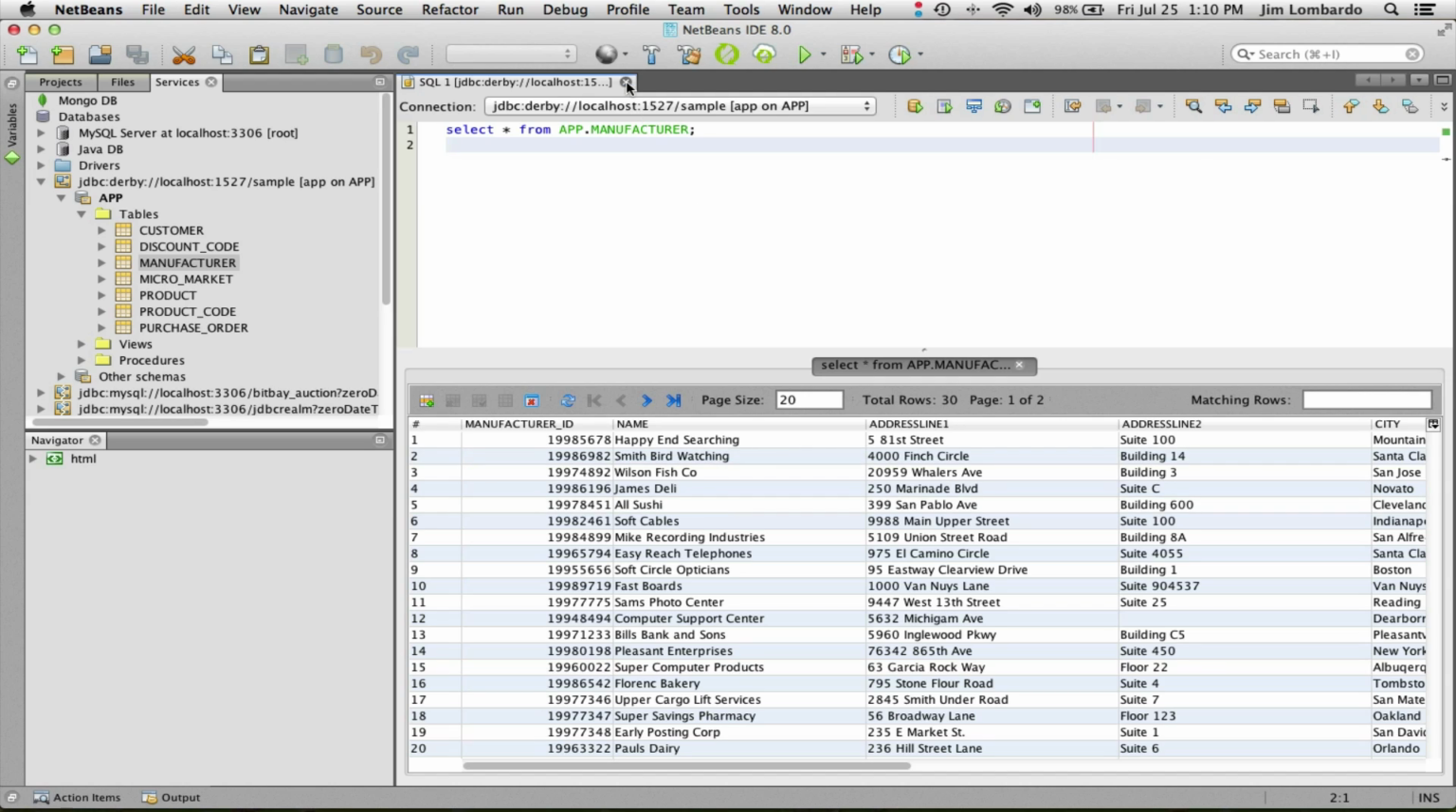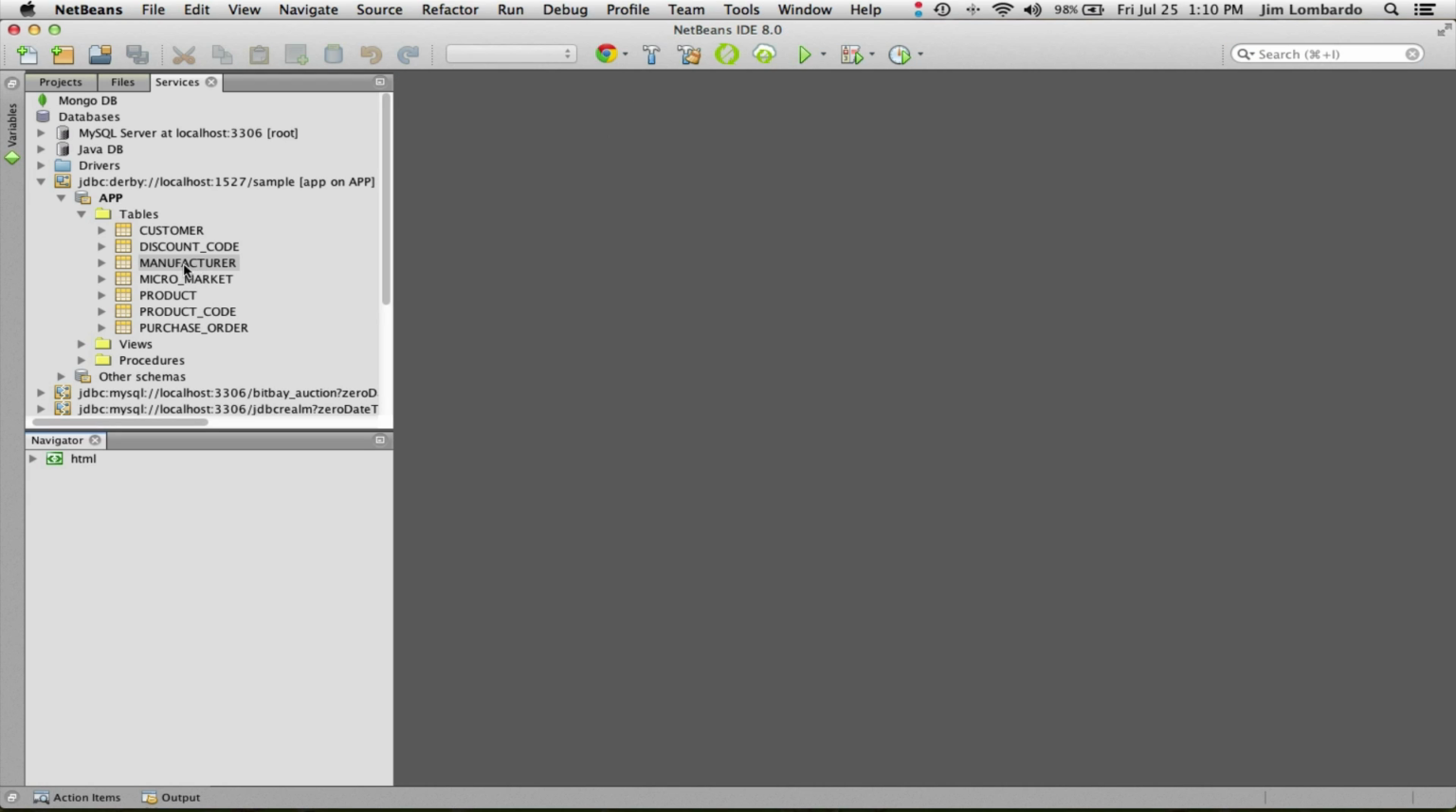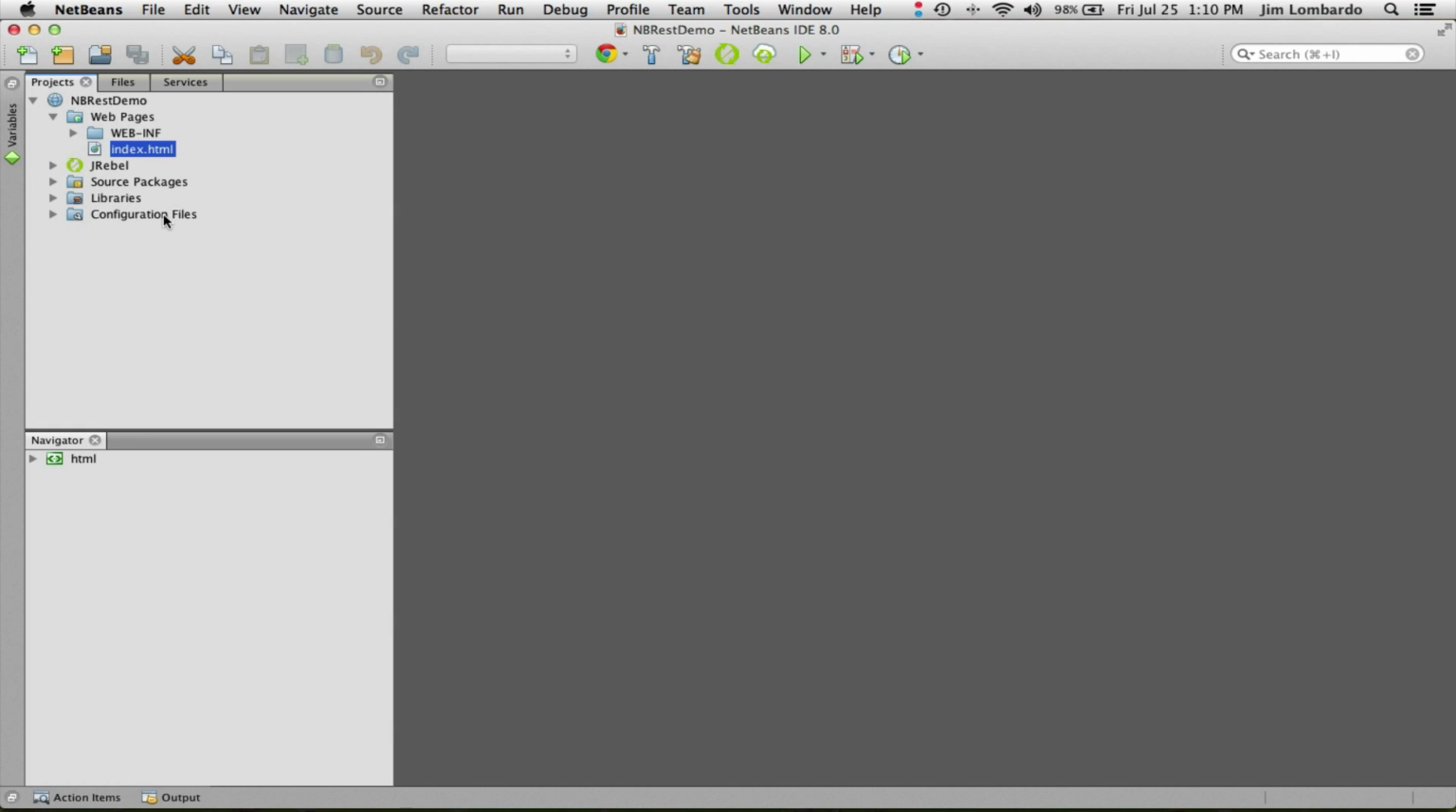But all we want to do is be sure that we know what we're accessing and that the database is running. Okay, so now we're going to reverse engineer one of those tables into an entity class. And that's very simple to do. There's a wizard for that. We simply right click on our project,